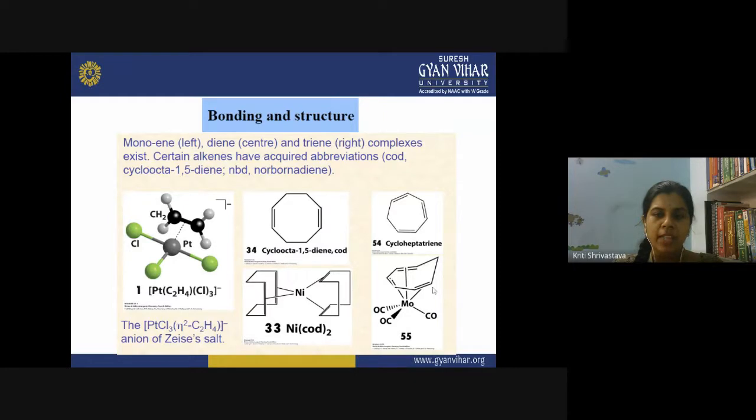You cannot say that the molybdenum is combined to carbon number 2 or 3, or that it is combined to 4 or 5. It is simultaneously combined to carbon atoms 2 and 3, 4 and 5, 6 and 7. So here a multi-center bond is formed, and they are triene type alkene complexes. All the available double bonds are involved individually with the metal atom. So this was the case of different types of alkene complexes.